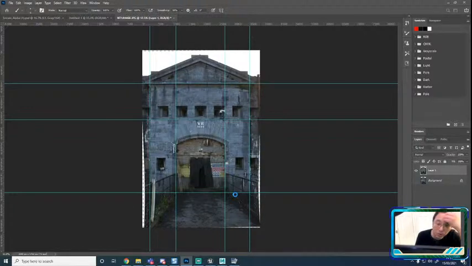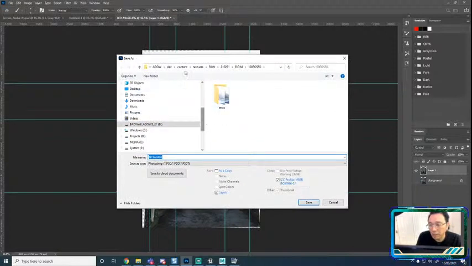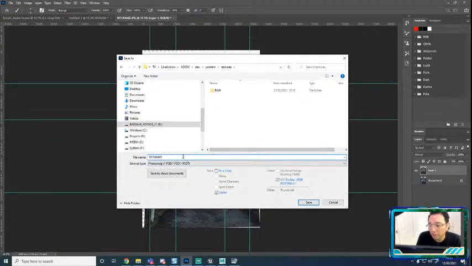So I'm going to save this on my computer. Now, I want to preserve the texture data as much as possible. So I'm going to save this as T for texture, and this is the derelict hospital. This is the front entrance,